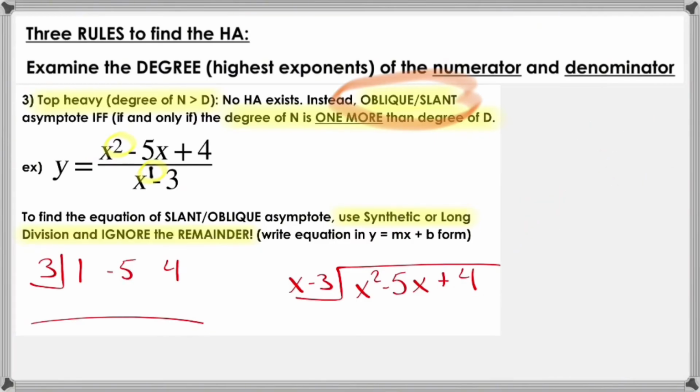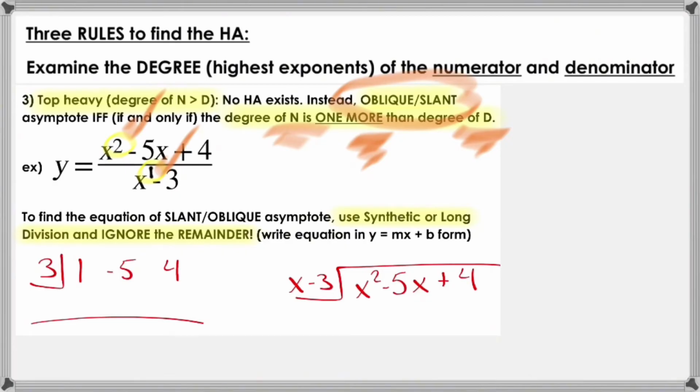Now, this is only going to happen if the degree of the numerator is just one more than the degree of the denominator. So take a look at the example over here. The degree of the numerator is a 2, and the degree of the denominator is a 1. They are 1 apart, and the numerator is top heavy. So if this situation is happening, and it's pretty quick to recognize, and again, there will be some practice problems at the end,